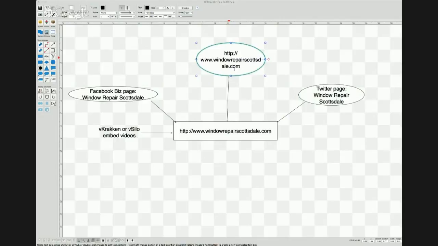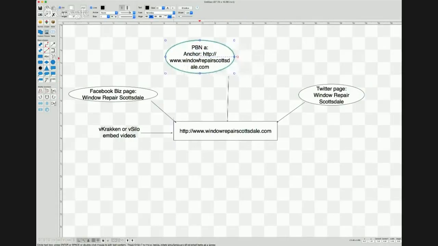So PBN A is going to have this as anchor. Okay, so now my first anchor text actually has all my keywords in it.